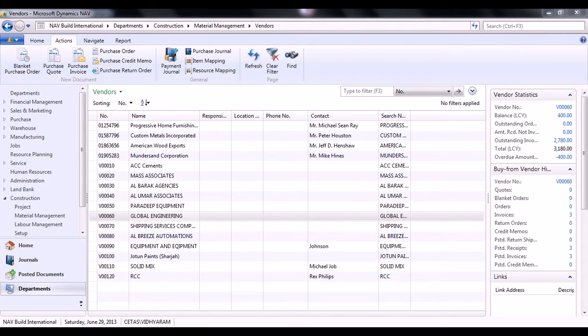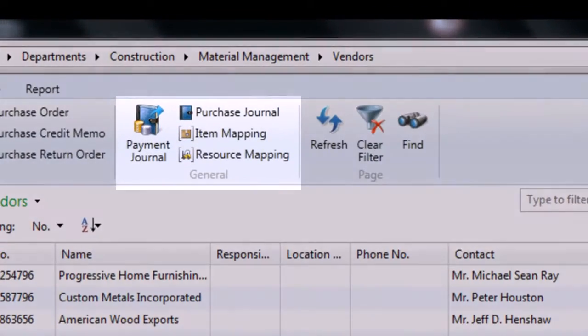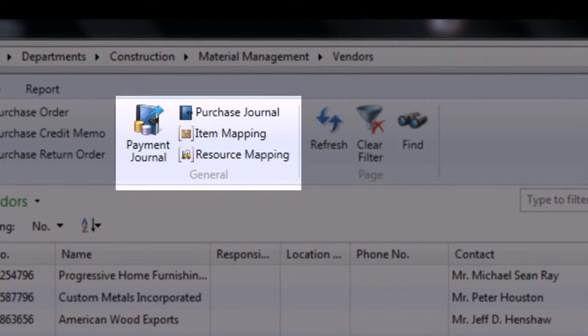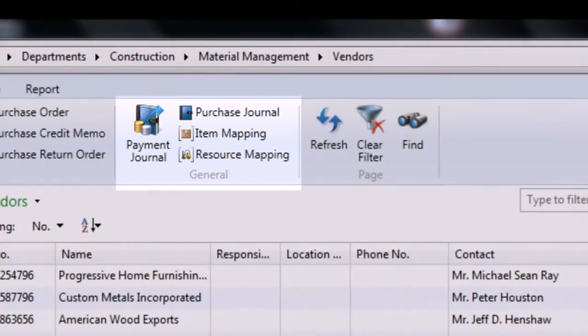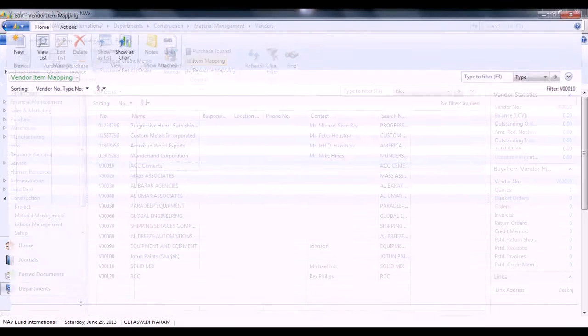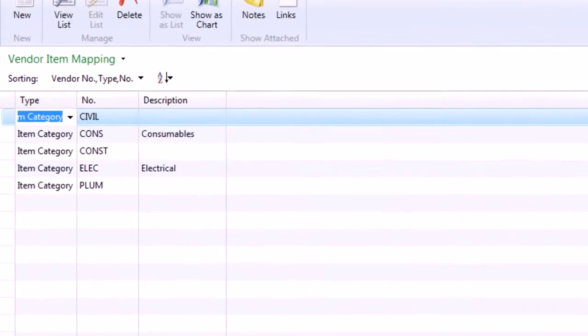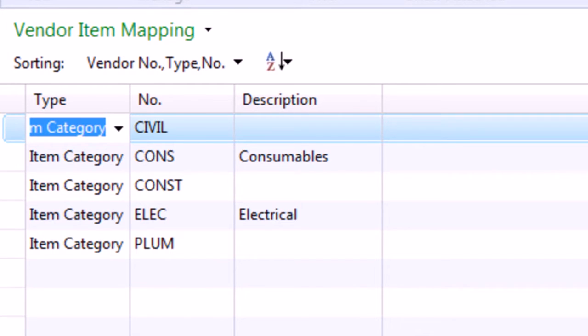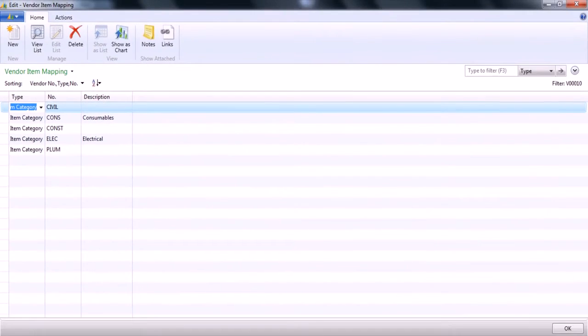Under material management, we can define any number of vendors. In order to have control during project execution, a concept called mapping is introduced. Mapping is nothing but a resource or a resource group or an item group can be mapped to one particular vendor. In this case, ACC Siemens is a vendor who provides us construction consumables, electronic consumables and plumbing consumables.